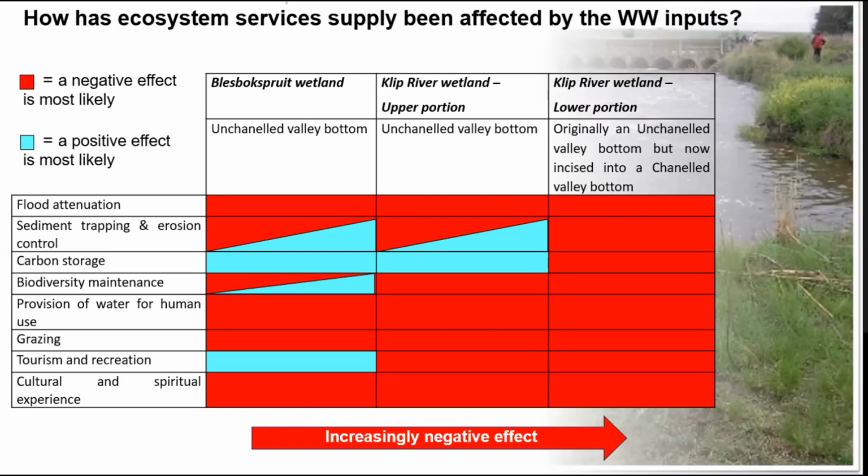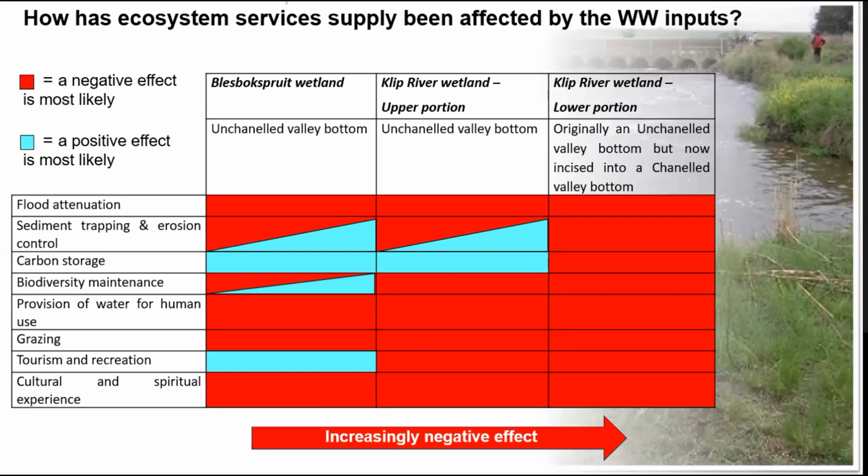And I think what's very clear here is that for the lower Klip, all ecosystem services are negatively affected. But for the upper Klip and the Blesbokspruit, while the majority are negatively affected, some are positively affected,